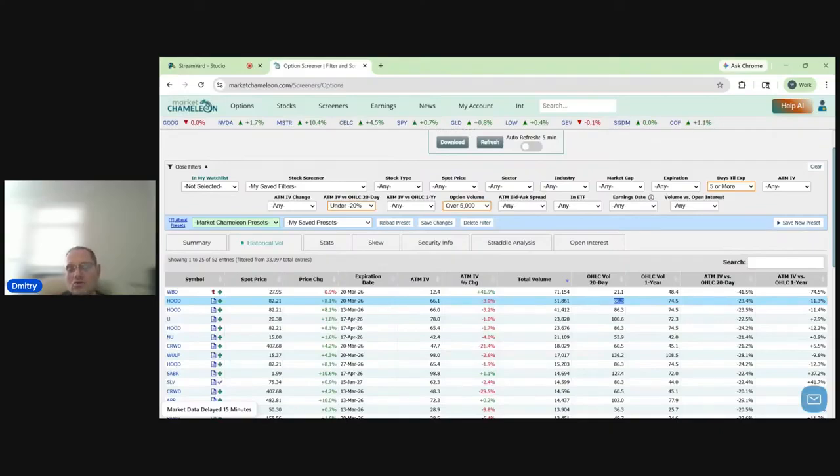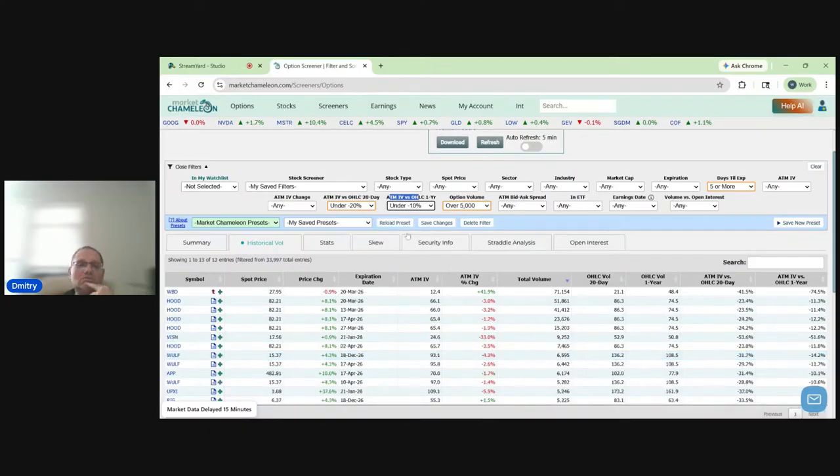We could go further and require that it's below the 1 year. So we could come over here and say, well, if we use the 1 year volatility, we want to see implied vol, let's say,